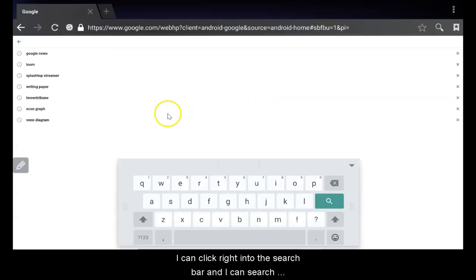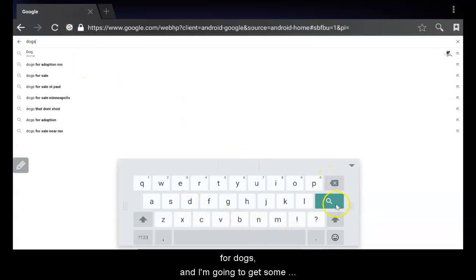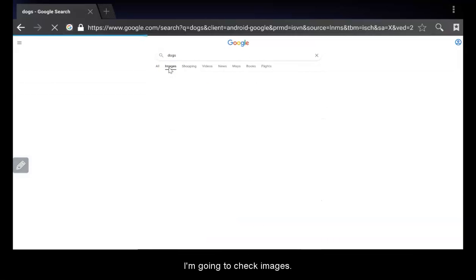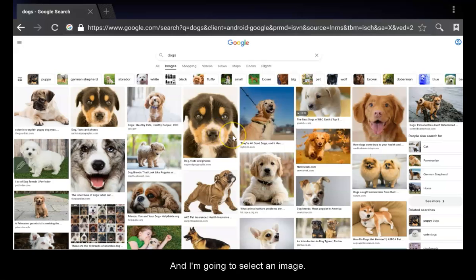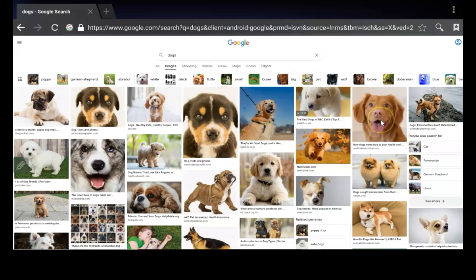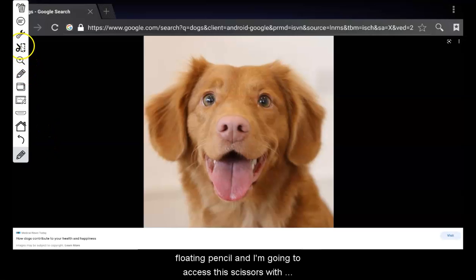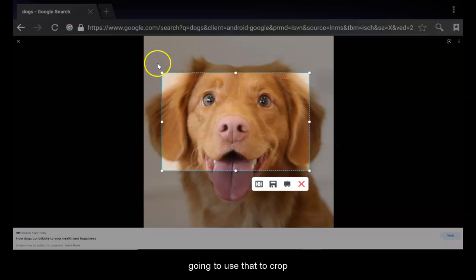I can click right into the search bar and I can search for dogs, and I'm going to get some news stories, some shopping. I'm going to check images, and I'm going to select an image by clicking on it. Once I've clicked that image, some other things that I can do in the browser live in this pencil. So I'm going to tap on my floating pencil and I'm going to access this scissors with the dotted line. This is called the snipping tool, and I'm going to use that to crop